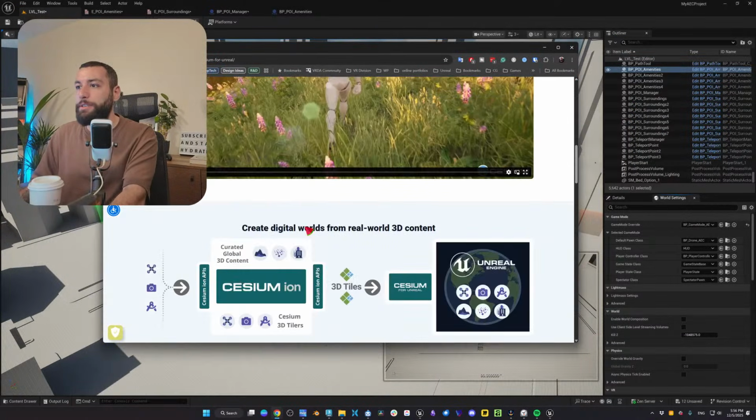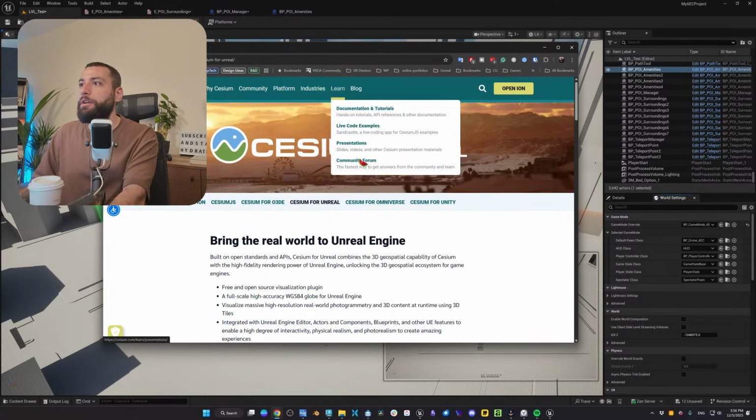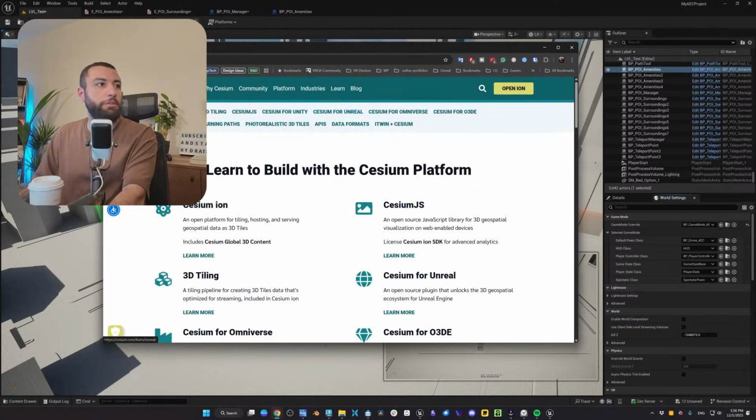But here if we open Cesium, learn, documentation.